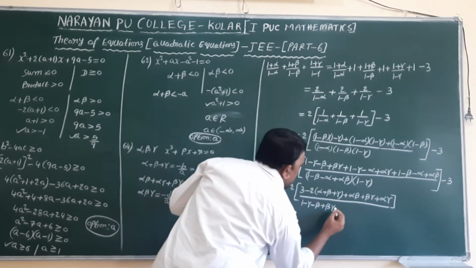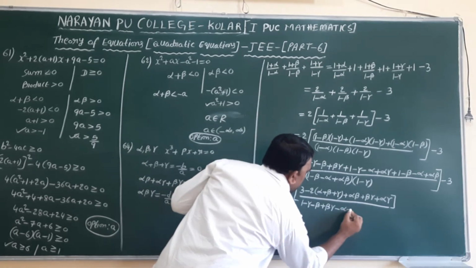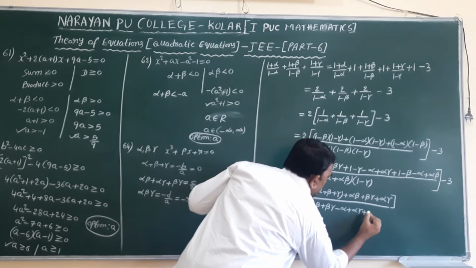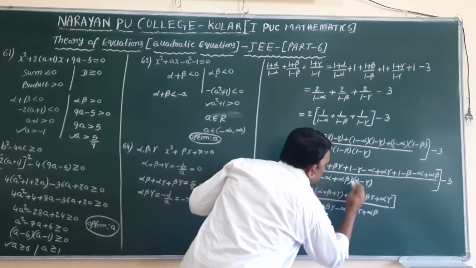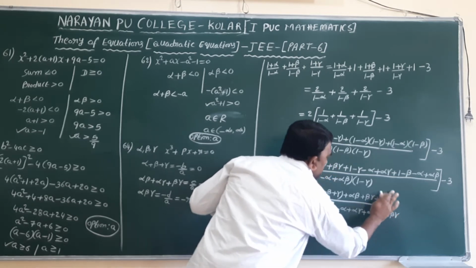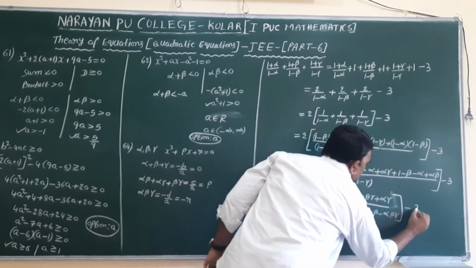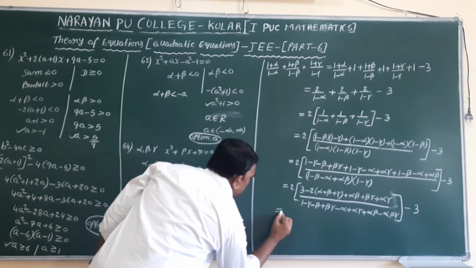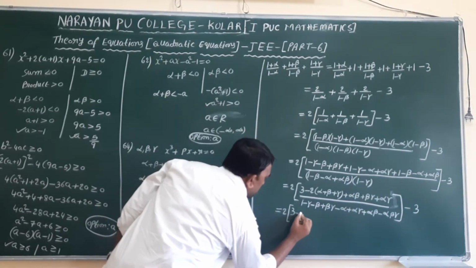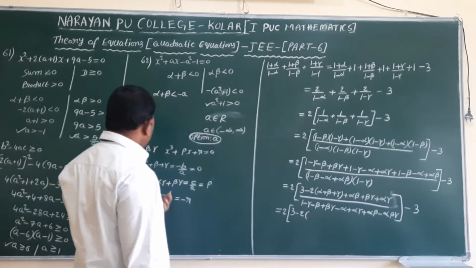Next multiply with minus alpha plus alpha gamma, multiply with alpha beta minus alpha beta gamma, minus 3. So finally 2 into 3 minus 2 into alpha plus beta plus gamma, we got 0,